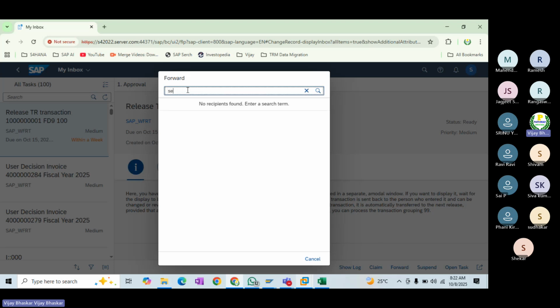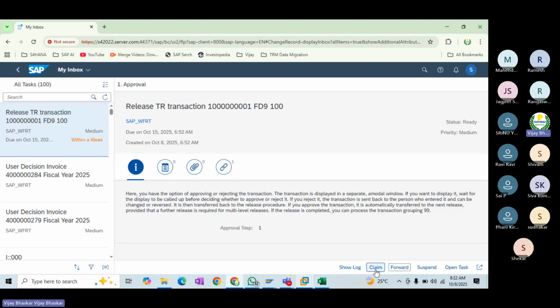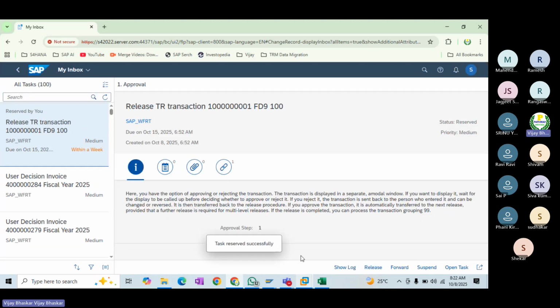Let's say now I choose a user. Okay, recipient, again, I need to configure it over there. If I configure multiple users, they will appear here. Claim reversed successfully. It means that whatever I had released earlier, I rolled back. I do not want to go with that one. After release only, the claim option will be enabled, but as of now it will not be enabled.